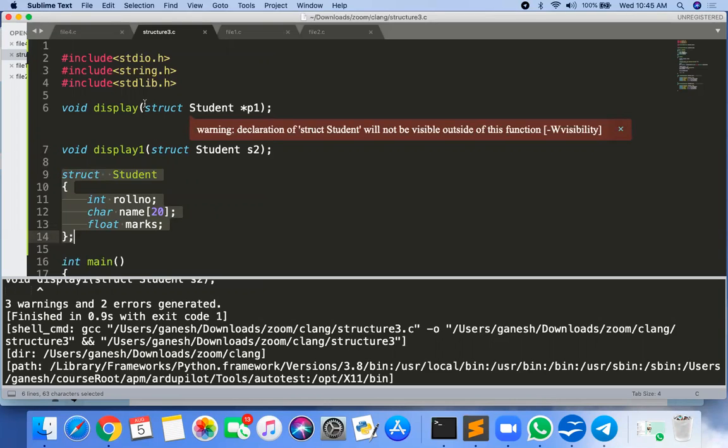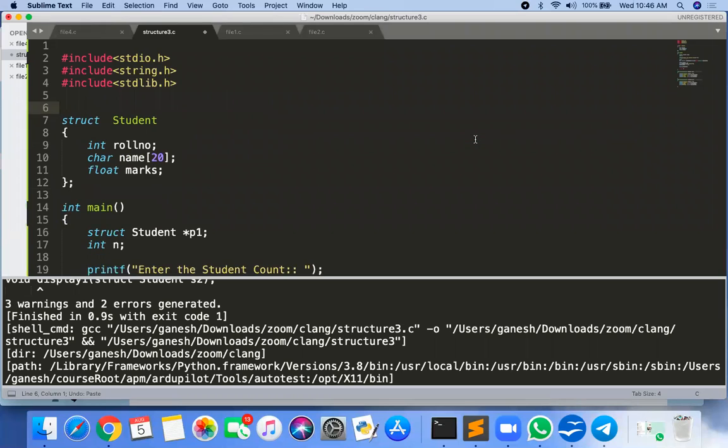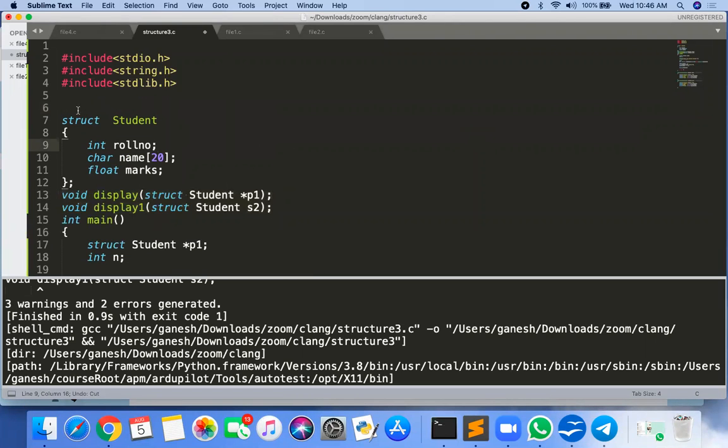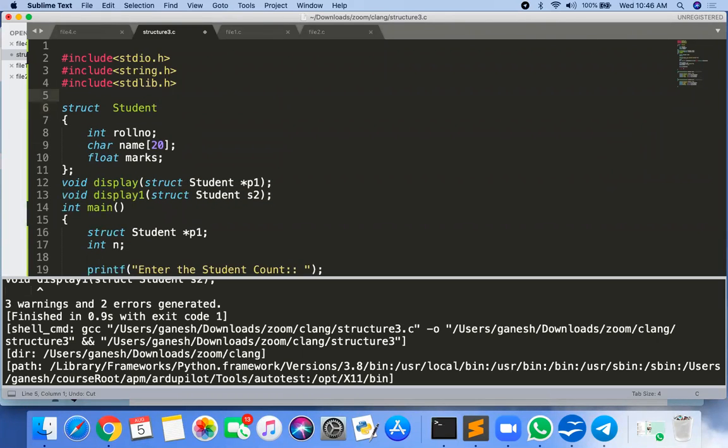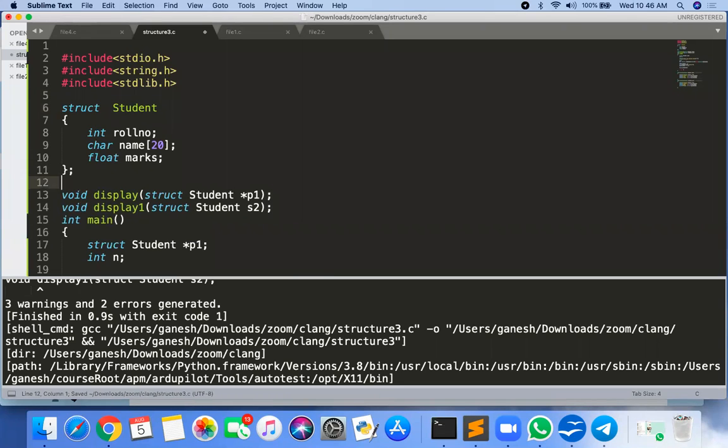The compiler shows that the declaration of struct student will not be visible outside this function. So you don't know the visibility of struct student. That's why you need to declare that function after struct student.